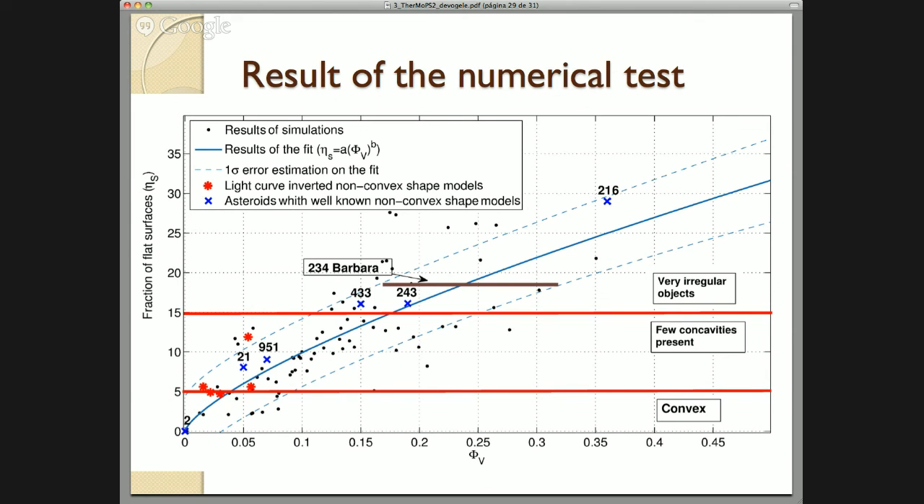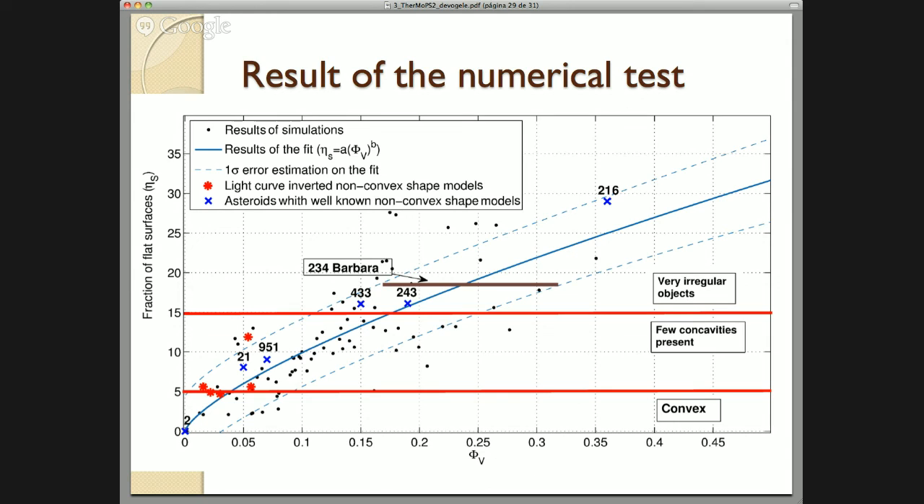The fraction of flat surfaces is simply the sum of all the flat surfaces that were found on the convex shape model. What you can see here, the result of the simulation in the black dots, is a trend which we fit with a power law. And in order to see if this trend